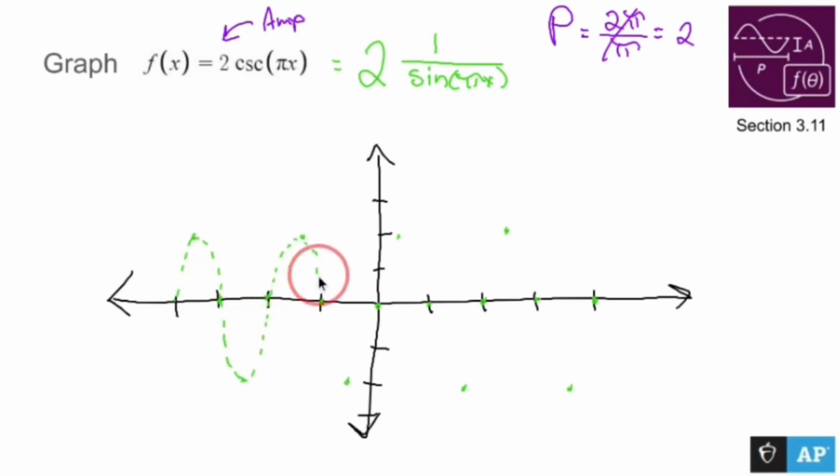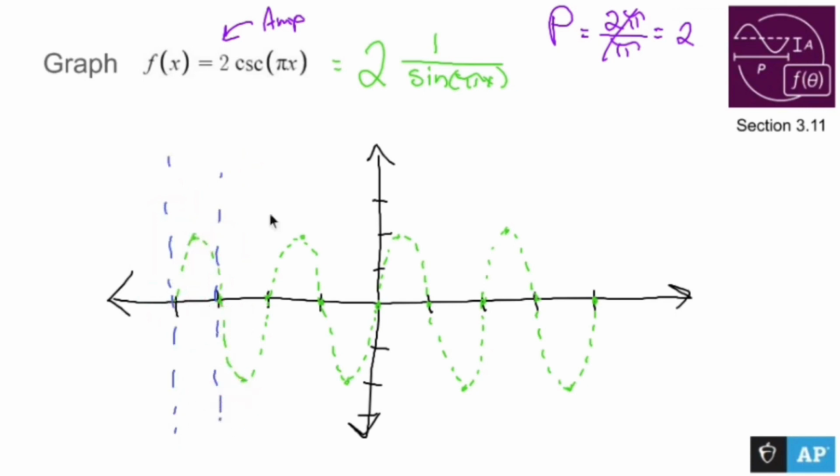Now, this is going to be my guide for what this cosecant function is going to look like. Anytime my rough sine graph goes through the x-axis, that means it hits 0 in the denominator for a cosecant. And when 0 is in the denominator for your cosecant, well, that, boys and girls, is a vertical asymptote. Vertical asymptote, vertical asymptote. So as I draw all these vertical asymptotes, including you,